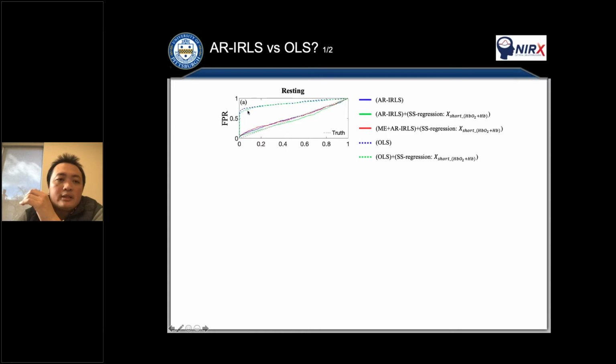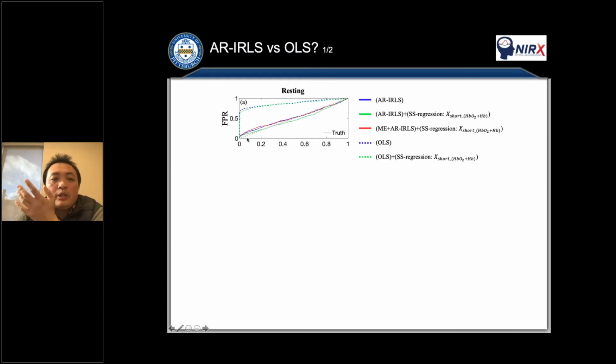OLS, you can see this one has a high positive rate, right? It means when you have a p-value of 0.05, OLS reports about 0.7, or 0.64. So it's a high false positive rate, right?